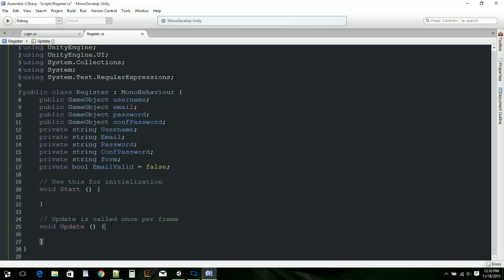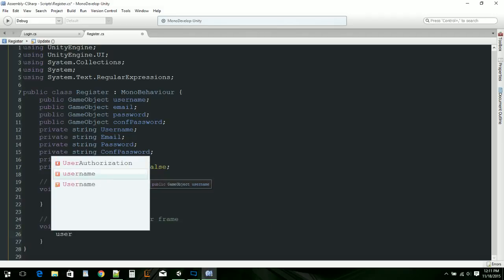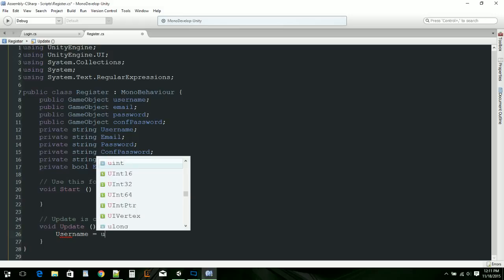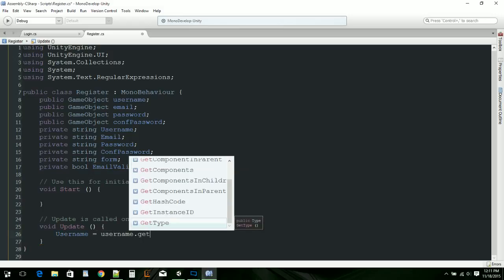Okay. So we're going to start by going into the update function, and we're going to make these strings right here equal the text that these are giving out. So username is going to equal username dot get component, and it's going to be the input field, and it's going to be text. So just so that we don't have to type input field, get component, input field, text, all that stuff out every time, we just have to reference the username. So just say the username, capital, equals username dot get component